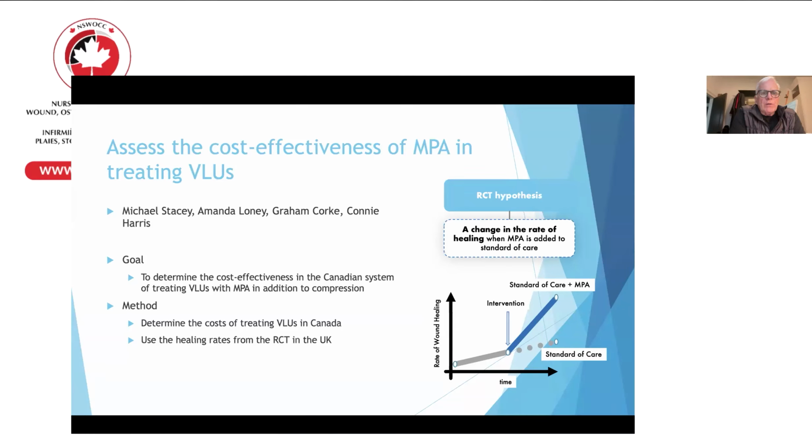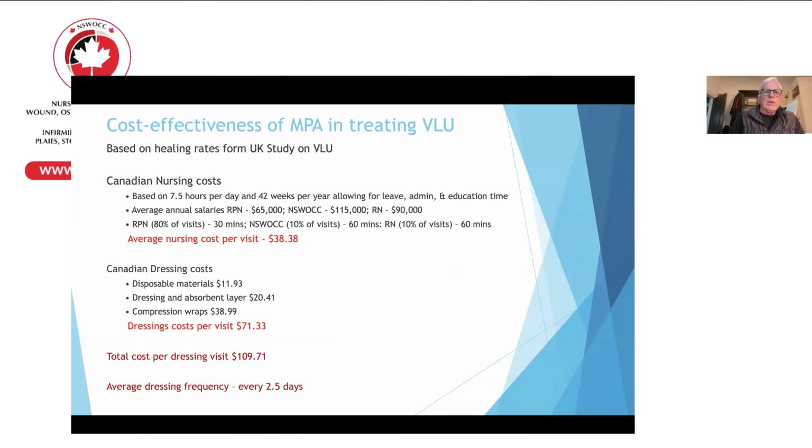So the goal was to look at, what is the cost of treating a leg ulcer in the Canadian healthcare system? And we used the healing rates that came from that RCT in the UK. And Keith Harding and his group had looked at what were the cost benefits in the UK sector. Well, we were trying to look at how that pans out in Canada. So we looked at the costs of nursing time, and across Canada, the costs are a little bit different